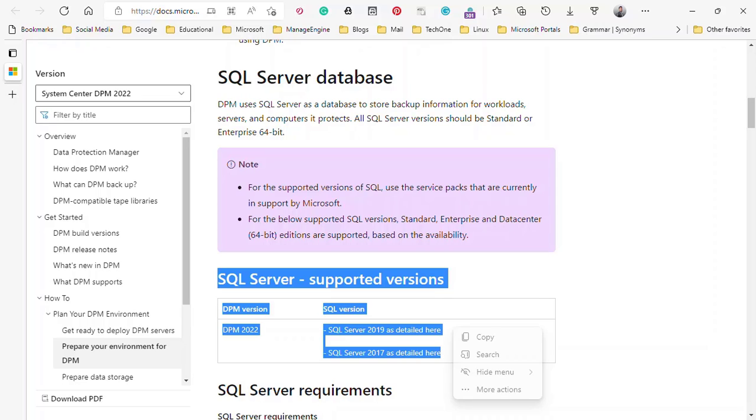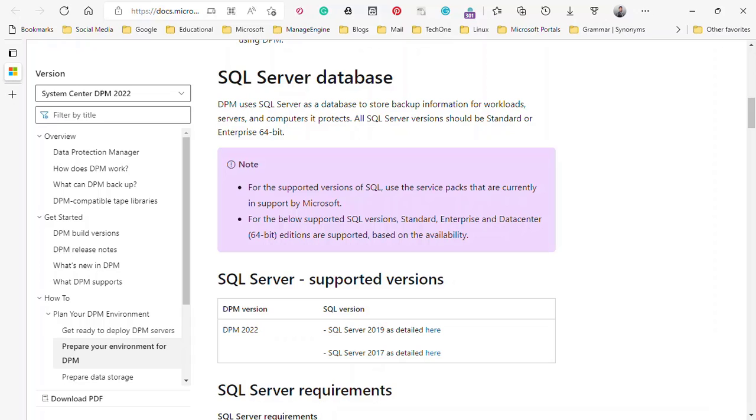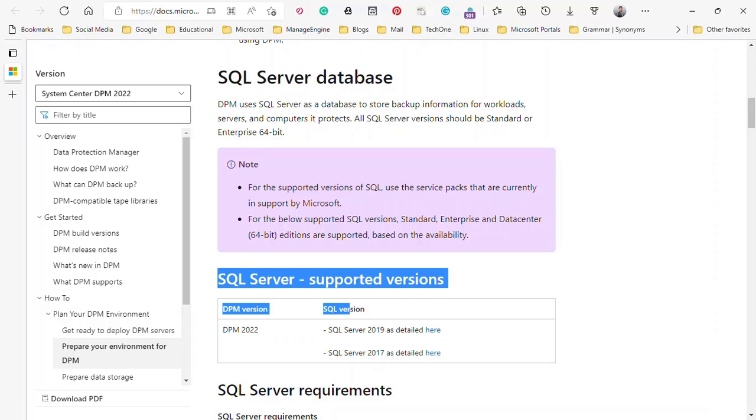As you know, if you are familiar with System Center suite products like SCOM, SCSM, VMM, every product needs a SQL Server database. So now DPM Server 2022 supports SQL Server 2019 as a database. So I'm going to use SQL Server 2019 for my test lab deployment,